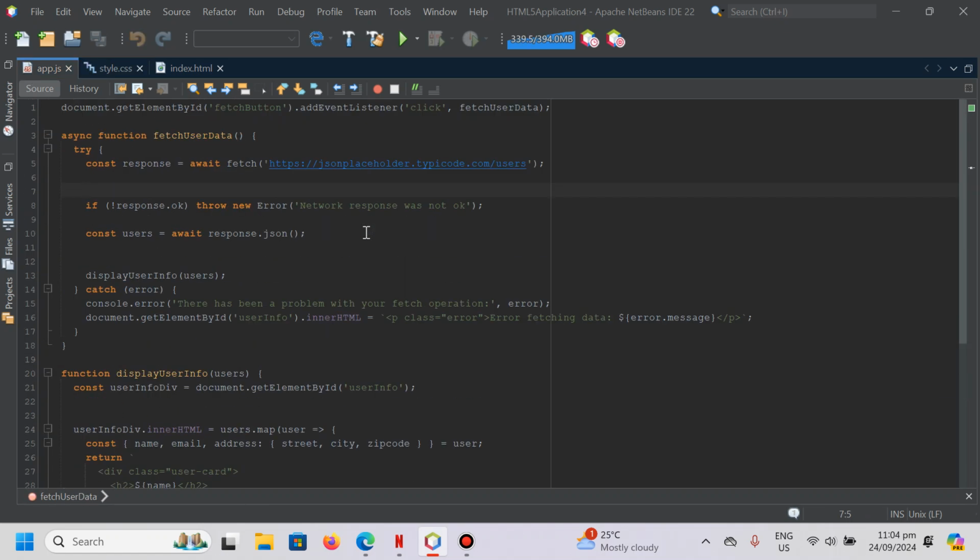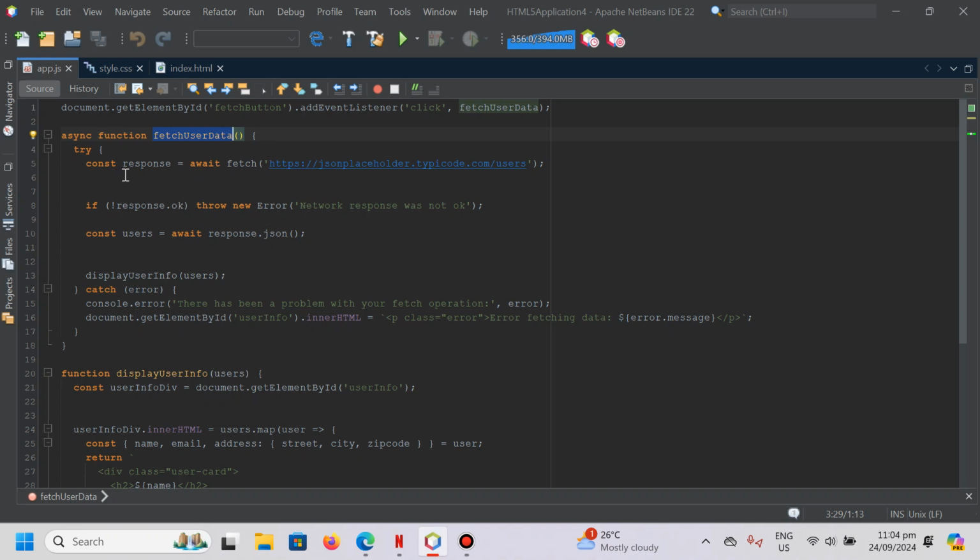This is the JavaScript. An async function to fetch the user data, meaning it uses an asynchronous operation. Some parts of the code will take time to complete, like fetching data from an external server.